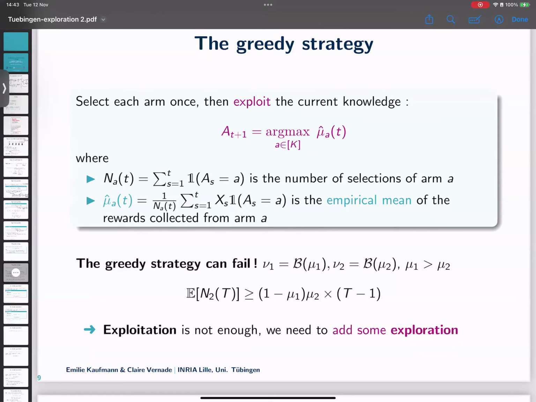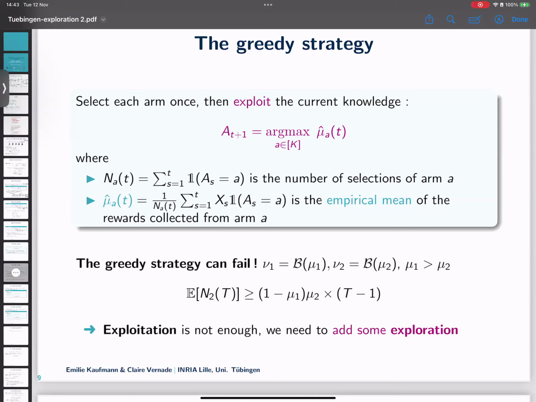It's the one that I described at the beginning: you pull this policy and obtain a reward, you go for it all the time. We know it's not a good idea. And we can actually prove it in math. Usually, when you want to prove that something is not a good idea, you find a counterexample. So here, we designed a counterexample, and it is very simple. You take two arms. So you have two slot machines and they have Bernoulli distributions.